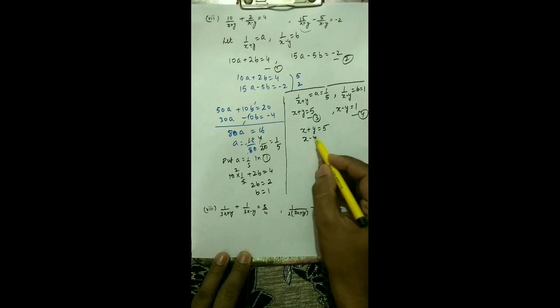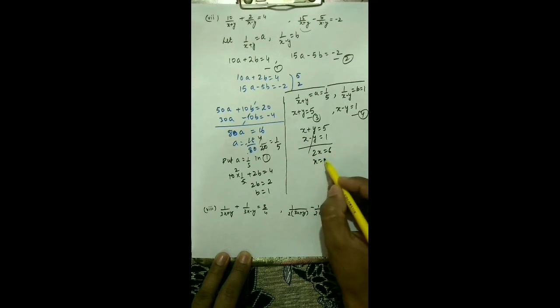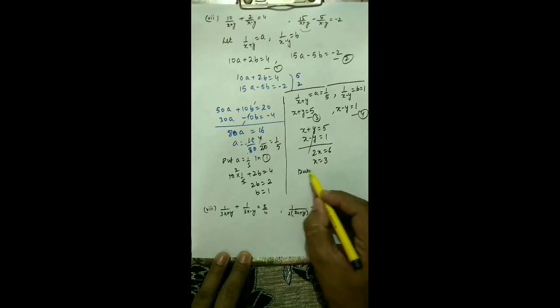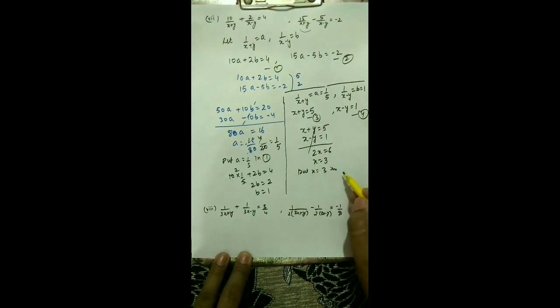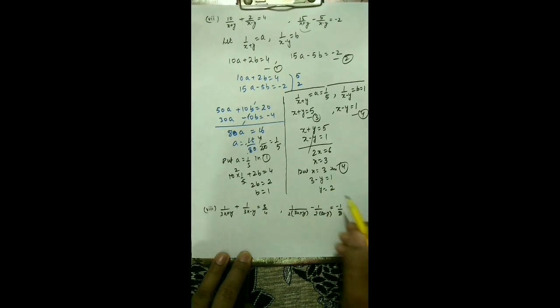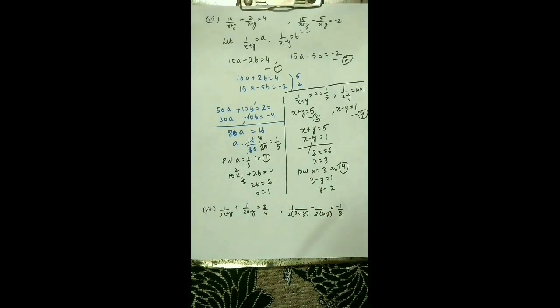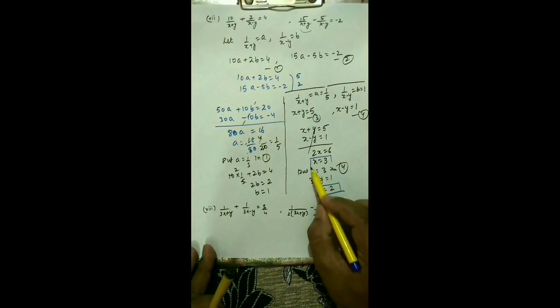This is x minus y equal to 1. So you simplify, this got cancelled. This is 2x equal to 6. So x is going to be 3. Now put x equal to 3 in either of the equations. You can put in 3 or you can put in 4 also. So x is 3, 3 minus y equal to 1. So y is going to be 2. So now these are your final answers, y equal to 2 and x equal to 3.